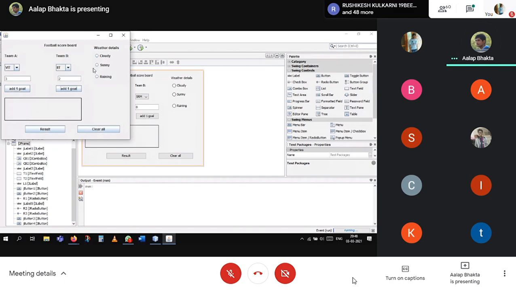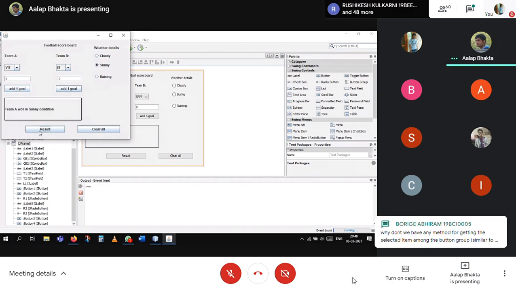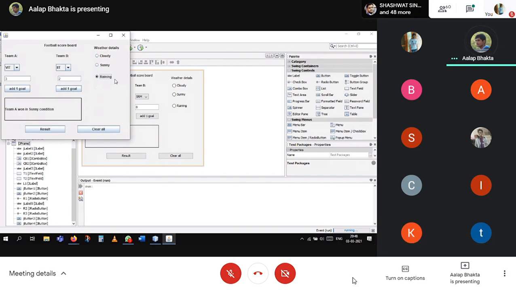I choose sunny. The team A won in sunny condition. If I choose rainy and I change to ADIT plus 4 goals in null conditions. Okay, clear all.